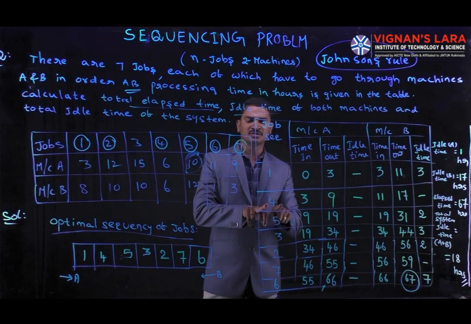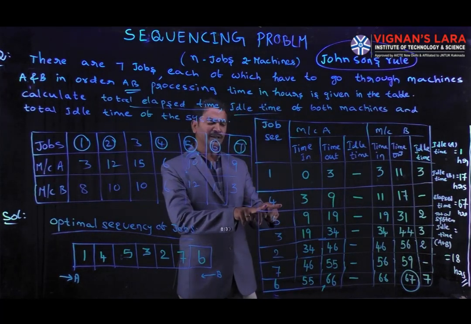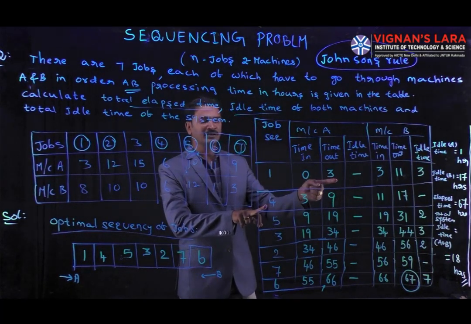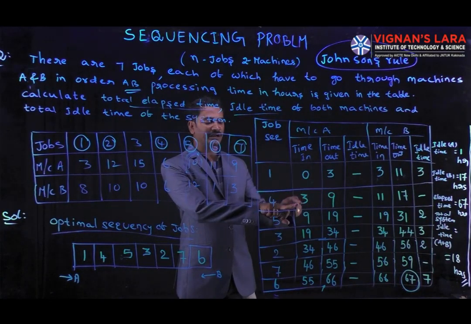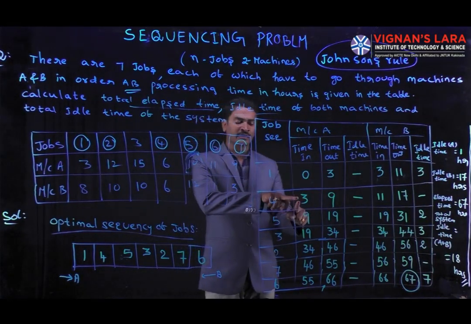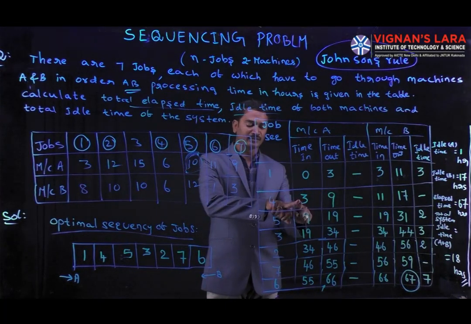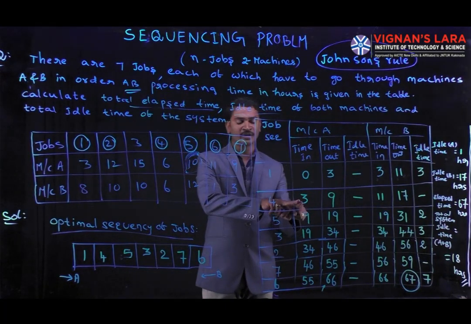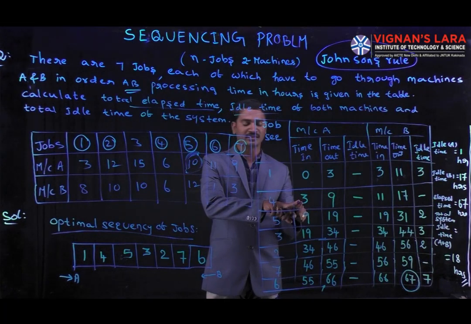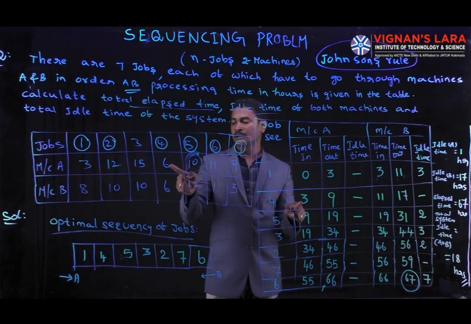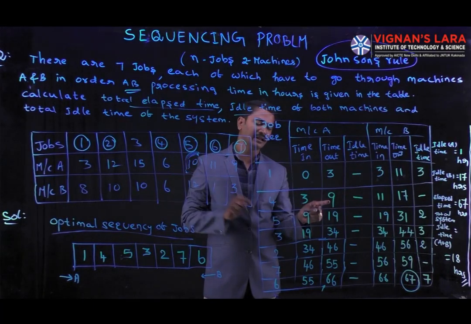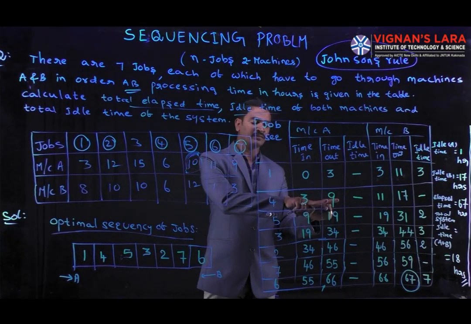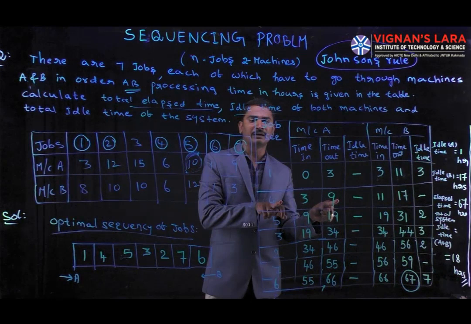Next, coming to job 4. Here we start job 4 after completion of job 1. So I take the job 1 value here. After job 1, we start at the 3rd hour. Next, how many processing hours do we take for finishing this job? At mission A we have 6 hours. So 3 plus 6 is 9 hours. After the 9th hour, job 4 is completed.